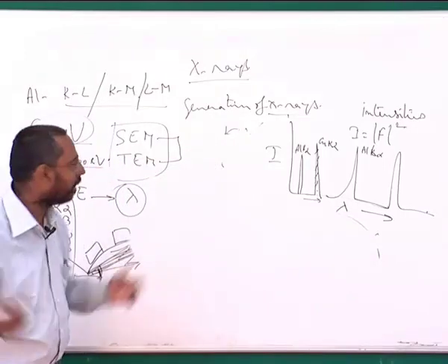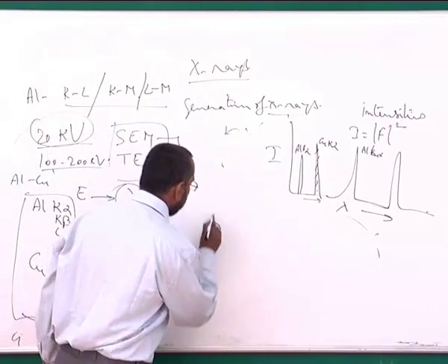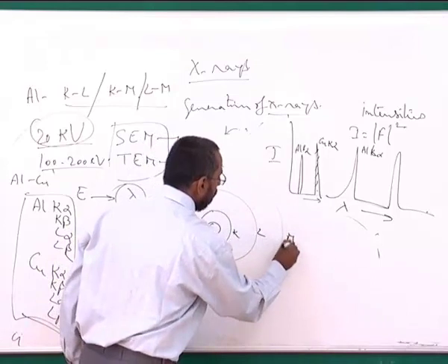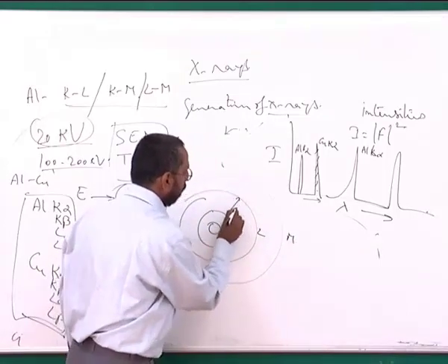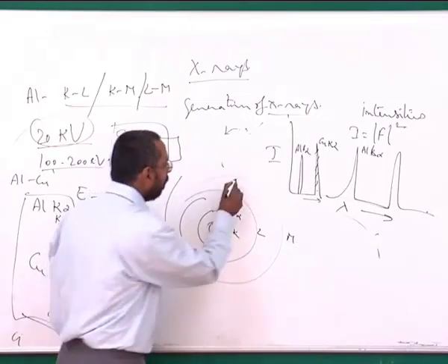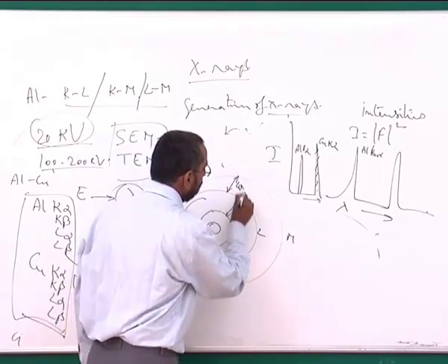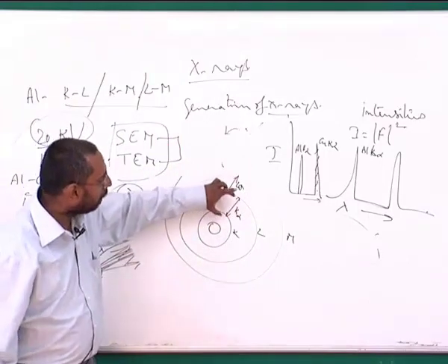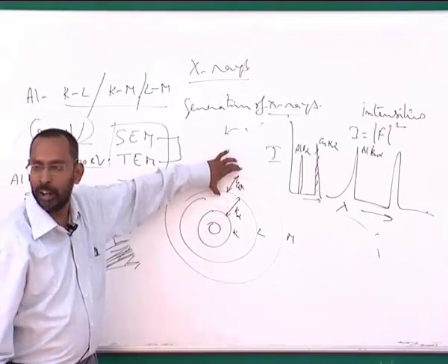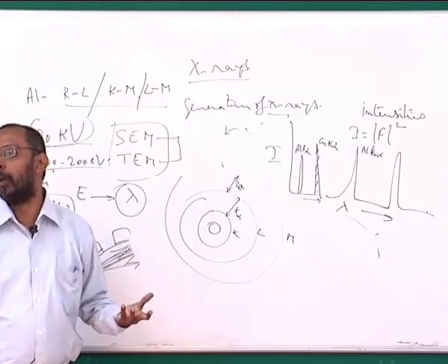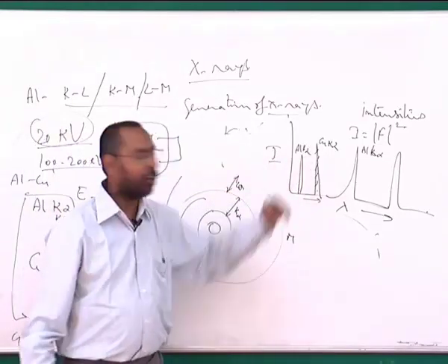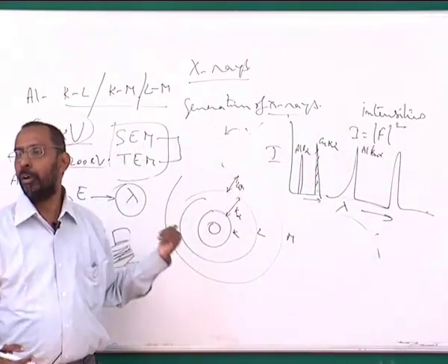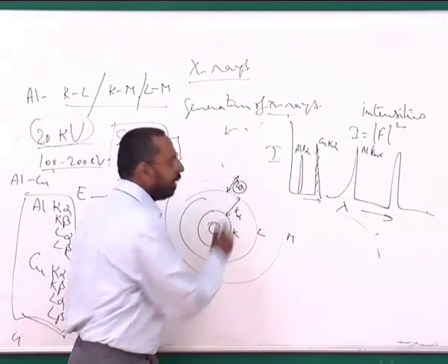It depends on how it is. For example, if I am talking of K alpha, if this is K, L and M, K alpha is this energy. This is K alpha, right? L alpha is this energy that we are talking about. It depends on which element we are talking about. Sometimes it is possible that K alpha may be larger than L alpha. If the K alpha energy is larger, then the lambda is smaller. So it is possible that the K alpha has a lower angle than the L alpha, or it is possible also that the L alpha may have a lower angle. It depends on exactly what the energy differences are.